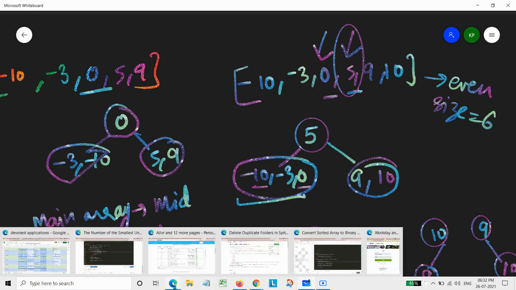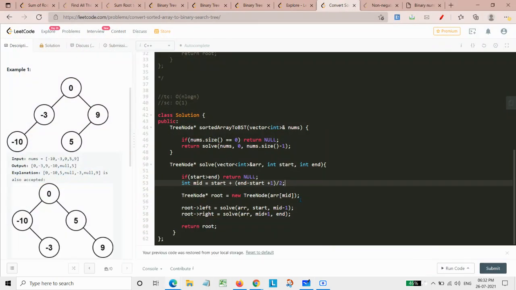So for that fact only, in that code I have written that I am choosing end minus start plus 1, so that that particular element could be chosen rather than the one which is middle towards the left. So that's how my middle is calculated here.